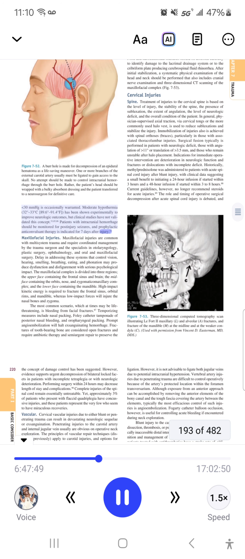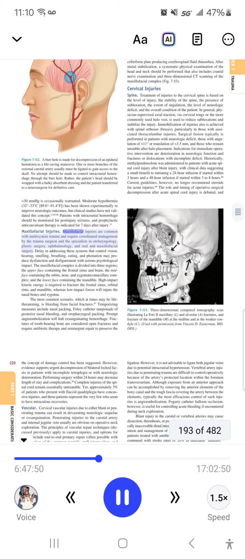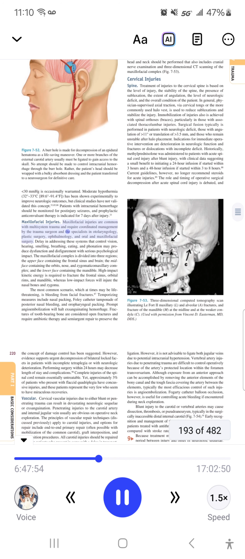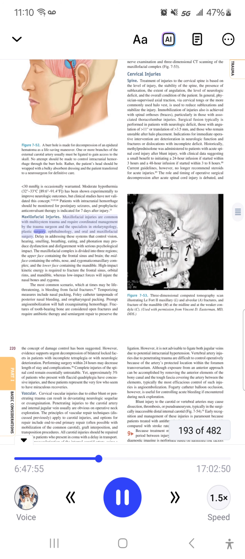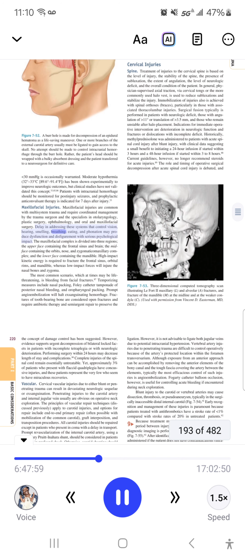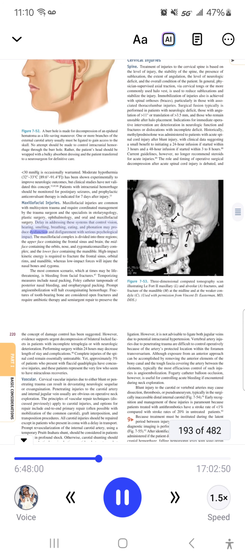Maxillofacial injuries. Maxillofacial injuries are common with multisystem trauma and require coordinated management by the trauma surgeon and the specialists in otolaryngology, plastic surgery, ophthalmology, and oral and maxillofacial surgery. Delay in addressing these systems that control vision, hearing, smelling, breathing, eating, and phonation may produce dysfunction and disfigurement with